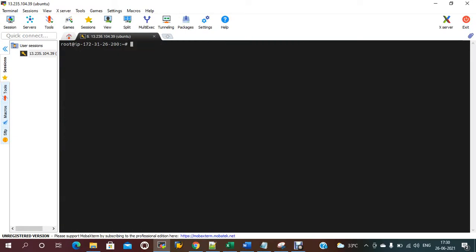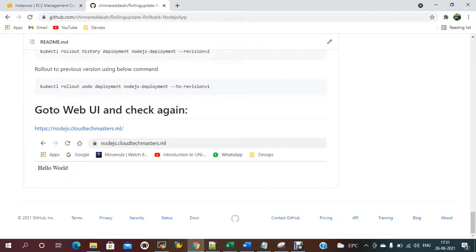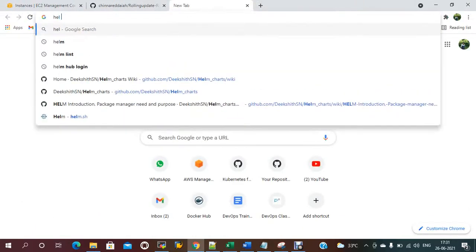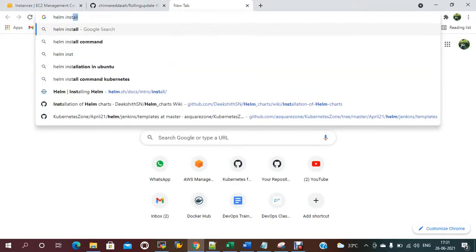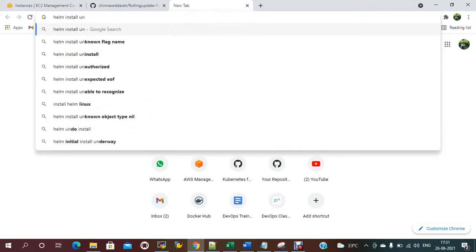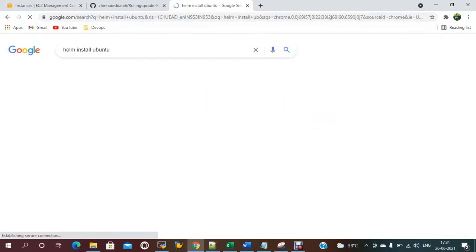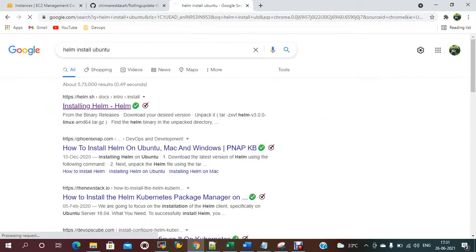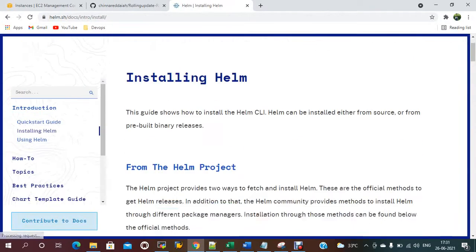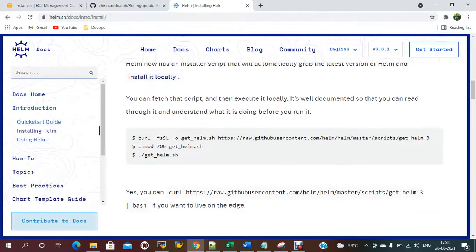Let me install Helm on Ubuntu. You can install it in many ways. I'm going to use a shell script.